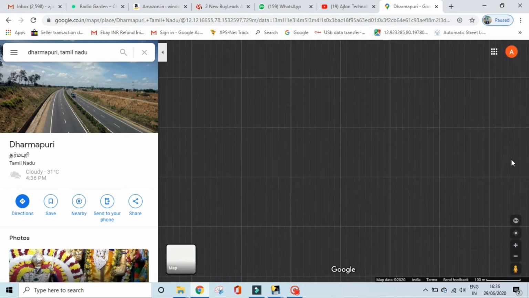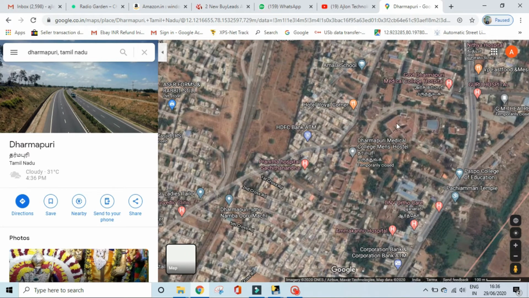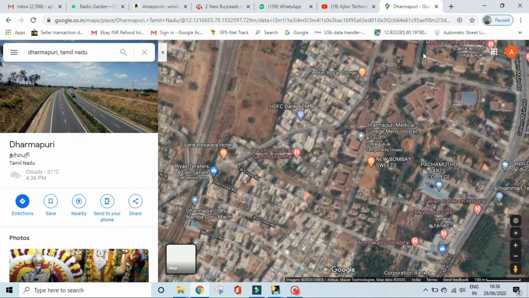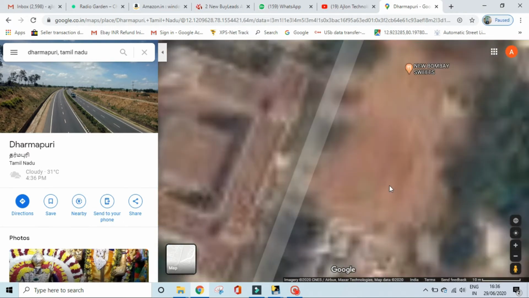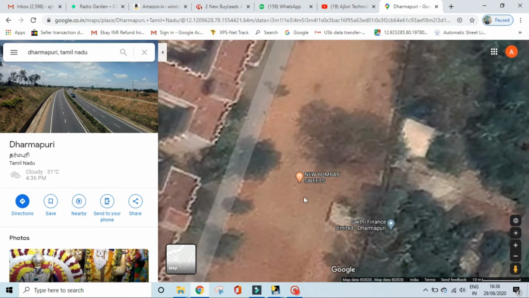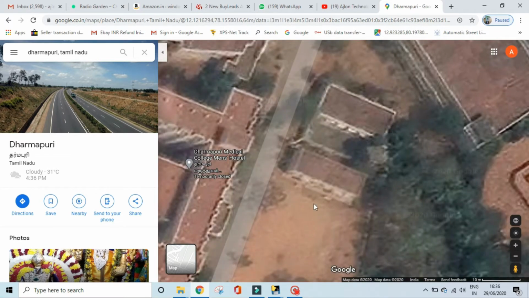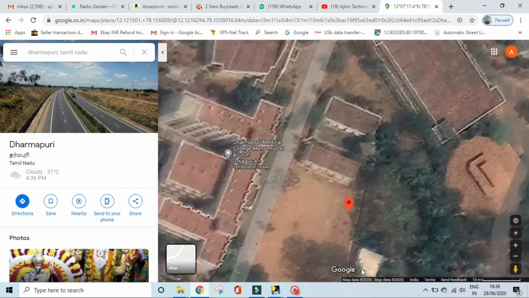You can go to the realistic earth map, and once you go there, you can fix the particular bore point area where the drilling is going to happen, where it is being surveyed, the exact pinpoint area. You can click it over there, and it will give the exact coordinate. Once the exact coordinate is updated, you can click the exact coordinate.